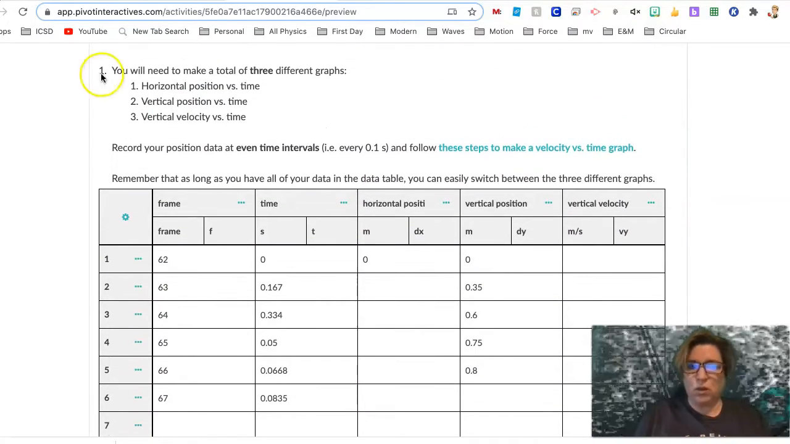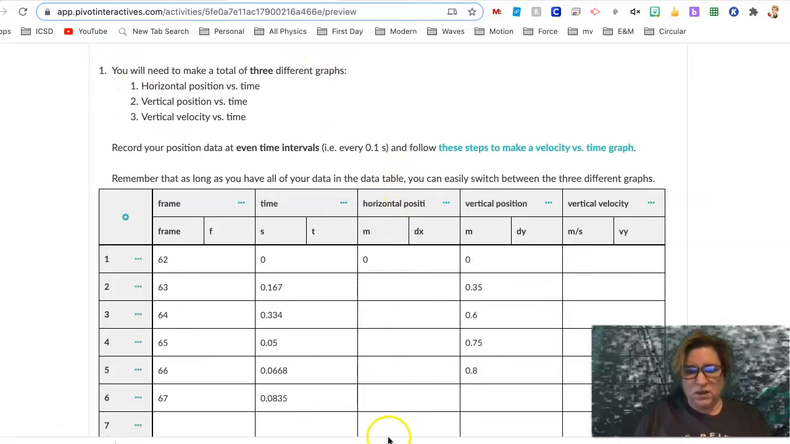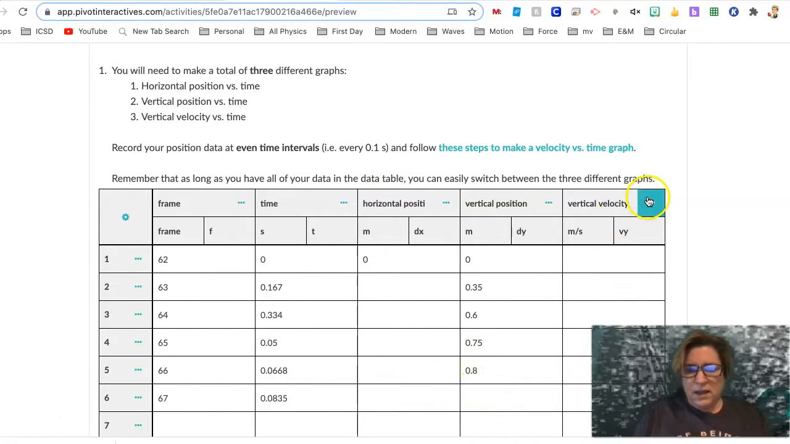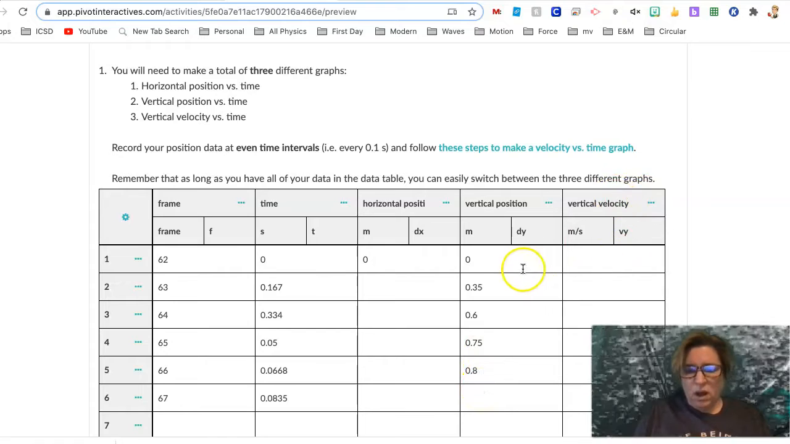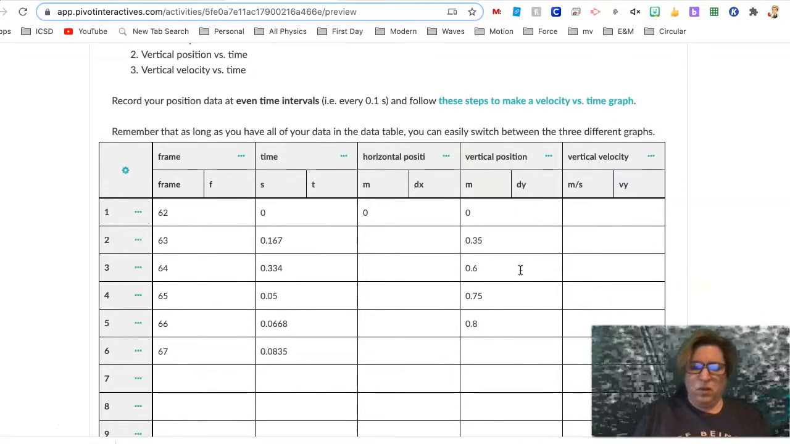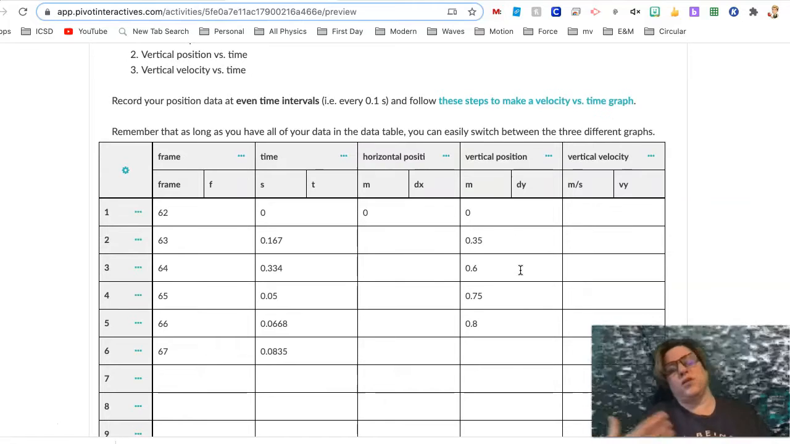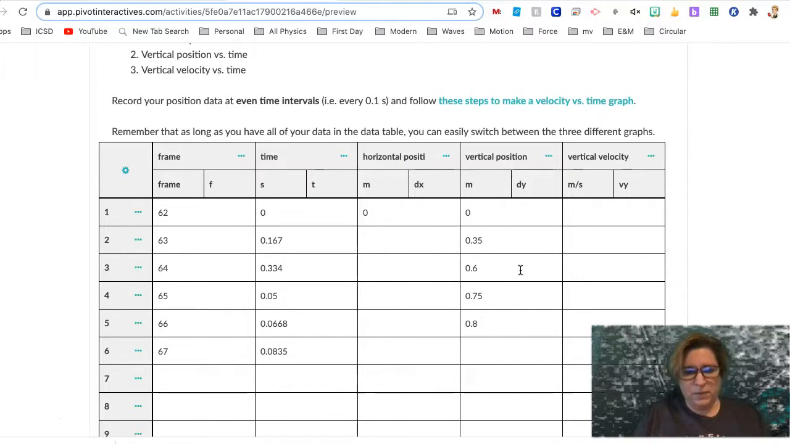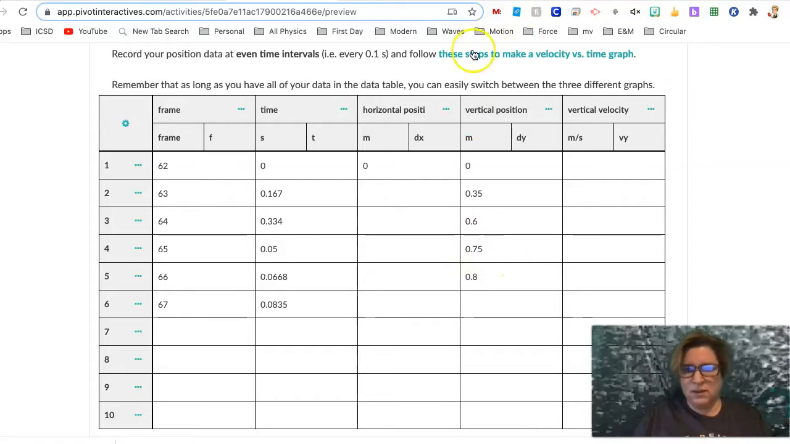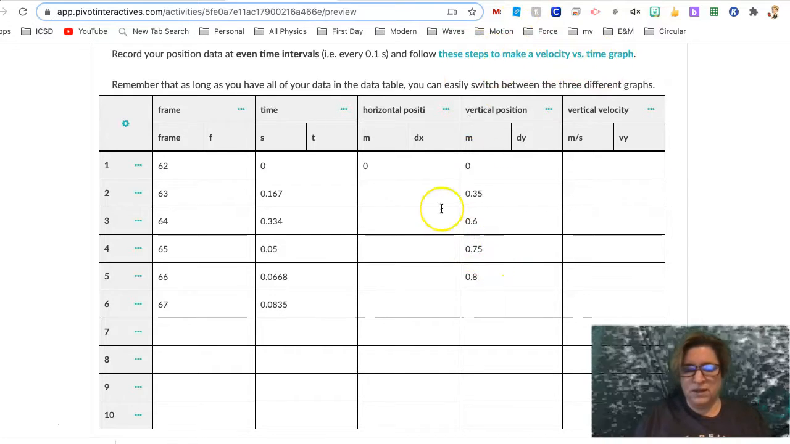So you're going to need to make 3 graphs. So I made a horizontal column, a vertical position column, and a vertical velocity column. And the vertical velocity is the one I want to show you how to do. You did this in the free fall lab. Not everyone did it correctly. All right, so this is how they have you do it. And they describe this right here, steps to make a velocity graph,